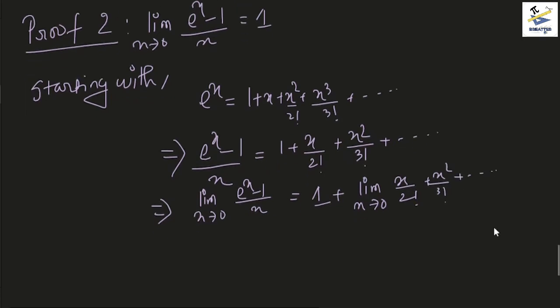But then again, all of these terms are 0, so the answer should be 1 plus 0, which is 1, right? I have used this definition because I have already showed you how to get the Taylor series for e to the power x in the previous videos, so I just used the result directly. If you really want to revisit, you can just have a look at the previous videos to see how this was derived. I've done it in every step possible,